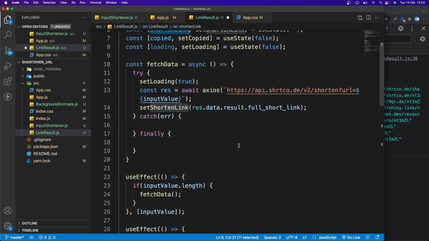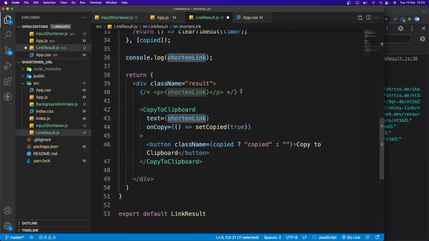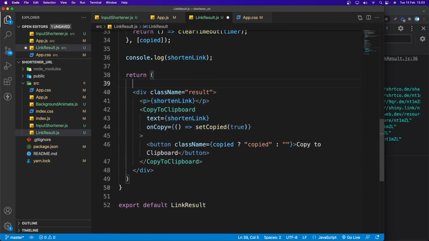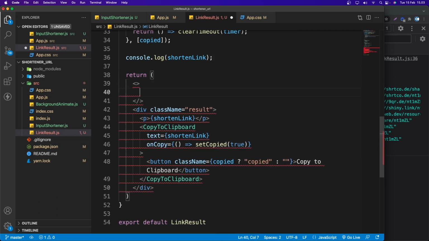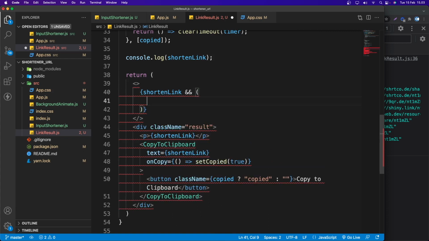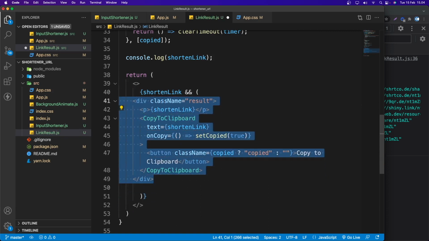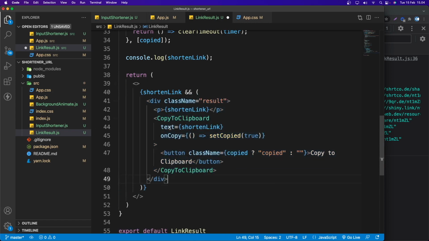So now we know that this shortened link has this value. All right. So down here, what we need to do is I want to render all this div if the shortened link has a value. So I can do React fragment, and inside in here I'm gonna say shortened link and render this div. So I'm gonna cut that out and put it up here. Like so.